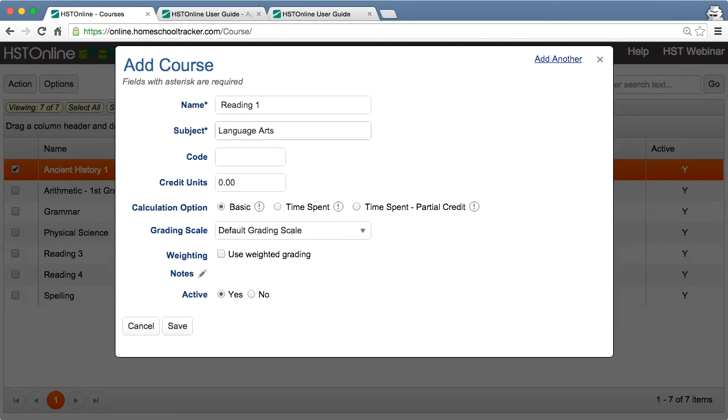Now that's really important because you want to make sure that your course lines up with exactly the subject you want it to. So if I accidentally typed language arts with 2 S's, what it's actually going to do, if I click Save, is create a new subject called language arts with 2 S's. That could be